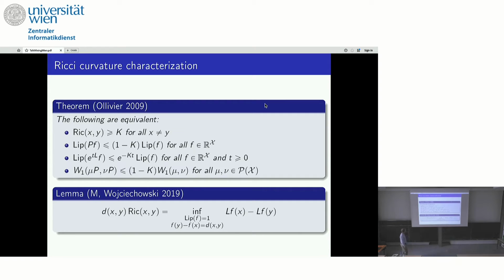Then there is a nice formula, which is useful for the talk at some point, that Radoslaw Wojciechowski and myself discovered in 2019. We can also express the Ricci curvature purely in terms of the Laplacian instead of using the Markov kernel. One nice feature about this is that if you consider infinite graphs, you are able to handle graphs with unbounded Laplacian. Well, when you have a discrete time Markov chain, you cannot do unbounded operators. And then you can investigate properties like stochastic completeness and many other things. But today we restrict to the finite case, just to keep this formula in mind.